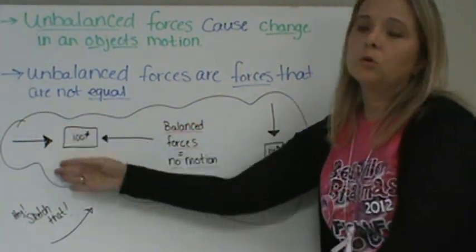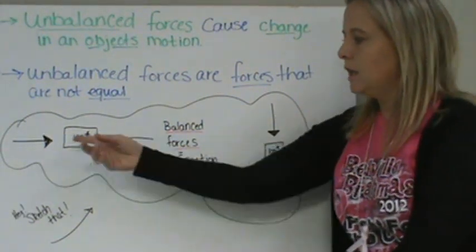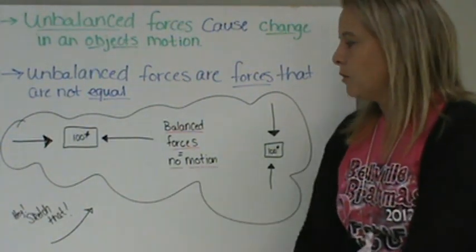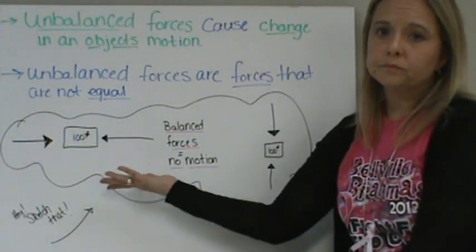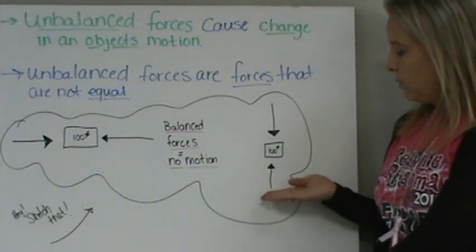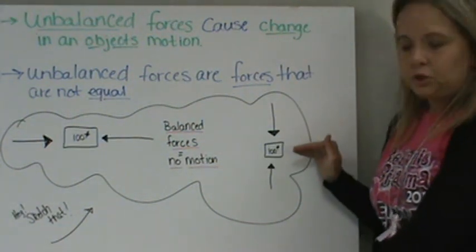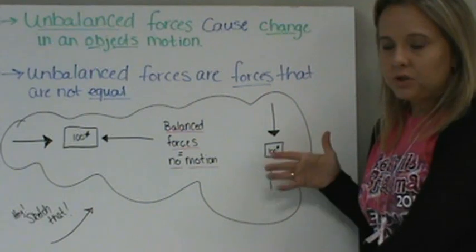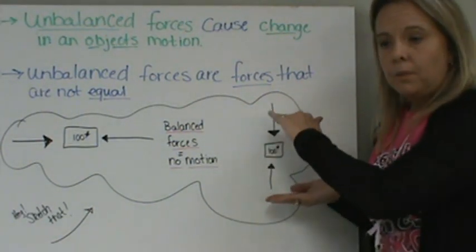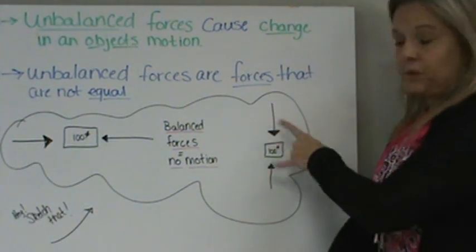So when we have equal forces, we have no motion. These arrows represent equal force. They're skinny lines. They're pushing from both directions on this 100-pound box, and it's not moving. Here's another example where we have, say, maybe a table pushing up on a 100-pound box with force, and gravity pushing down with its equal force on the 100-pound box. And because the force is equal, that box is staying put,